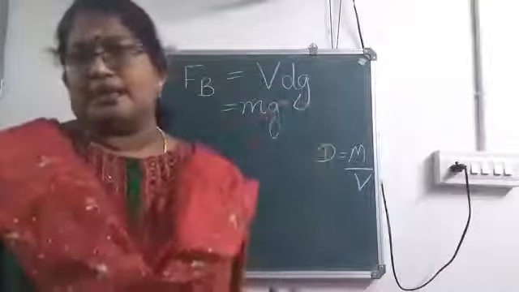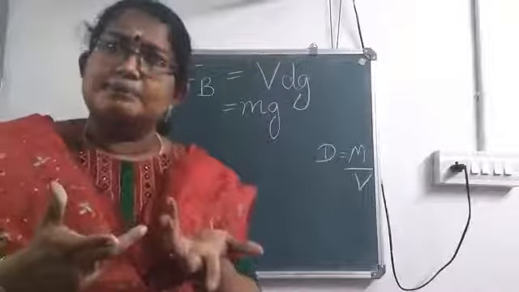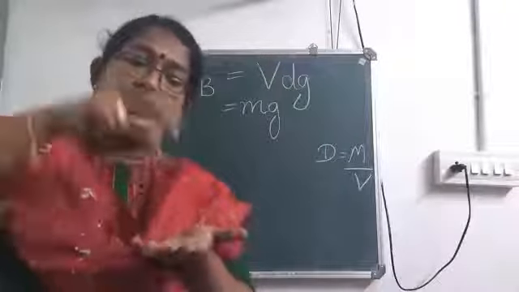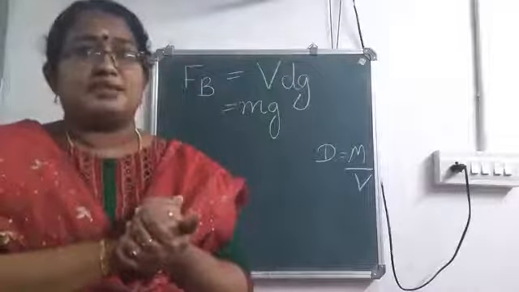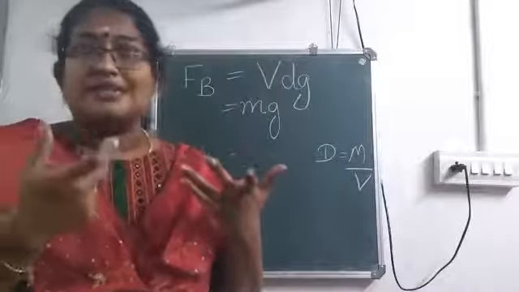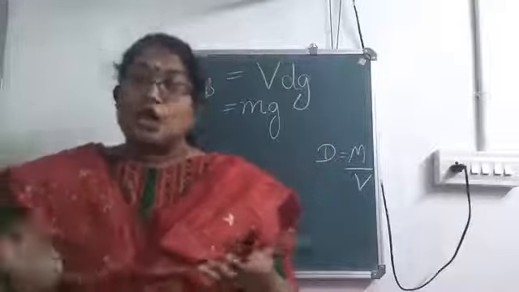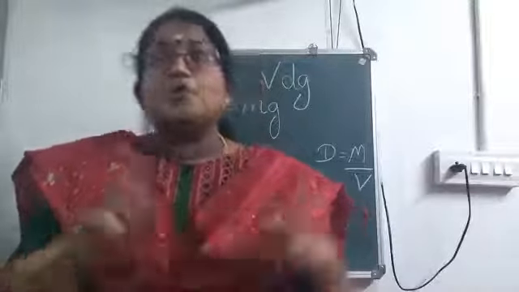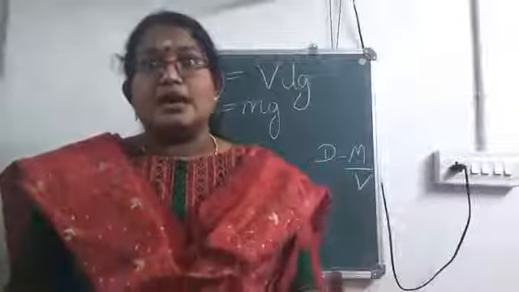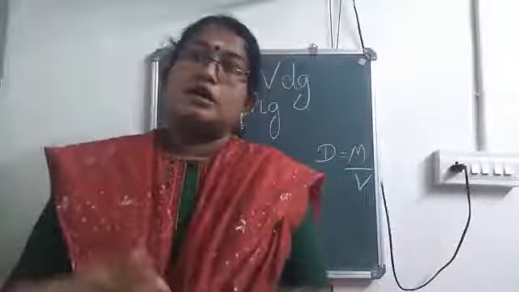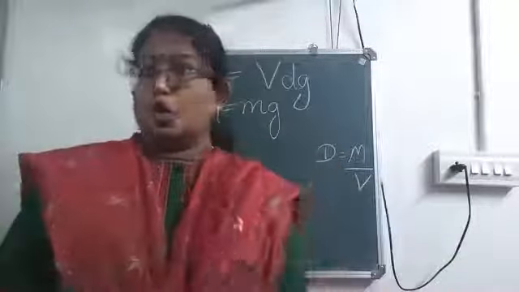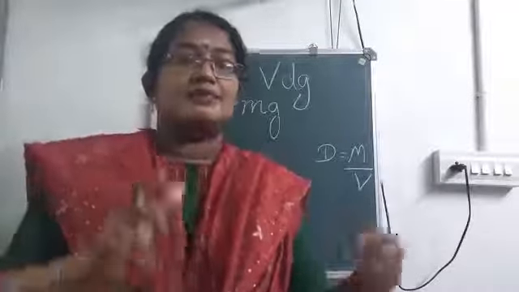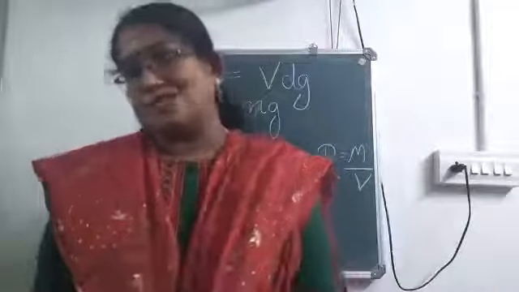Just take a beaker. Fill it completely with water. Now you put a stone or an object into it. What happens? This object needs some volume to occupy, isn't it? So when this object is immersed into the beaker, some water will spill out. Because why? That stone needs some volume or space to occupy. The volume of the stone will be the same as the volume of the liquid displaced by the stone.